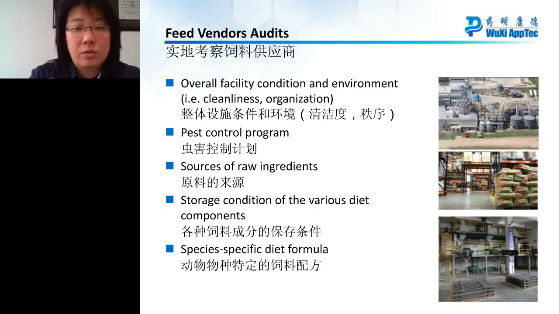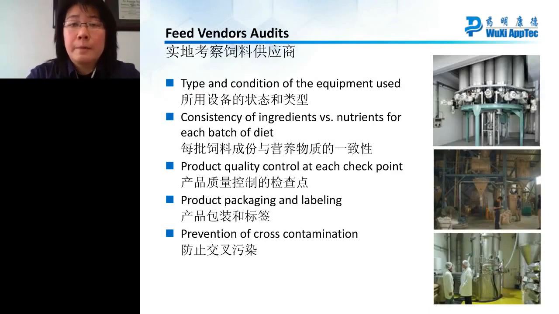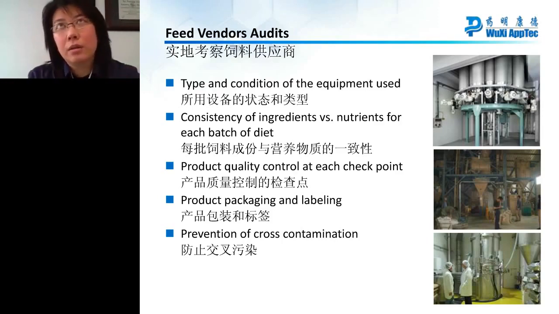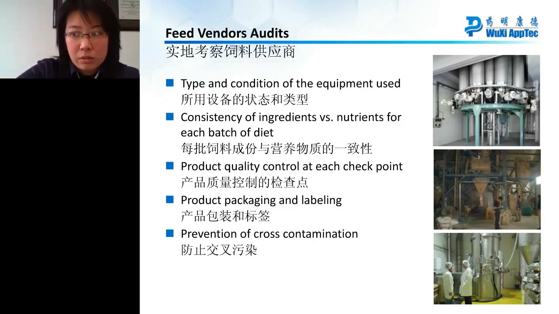As far as I know, you don't have just one vendor producing one type of diet. Most likely they're going to generate a whole lot of different products, so you want to ask whether there's cross-contamination control in place. Look at the type of equipment that they use. Do they have an automated system that uses computer-controlled equipment to mix various ingredients together automatically? Or do you have people walking around with little scoops, measuring things out and